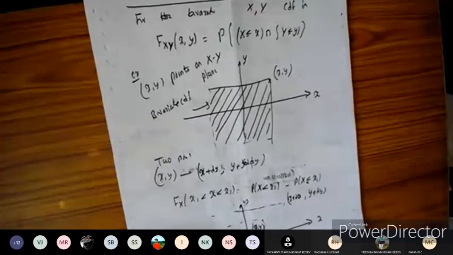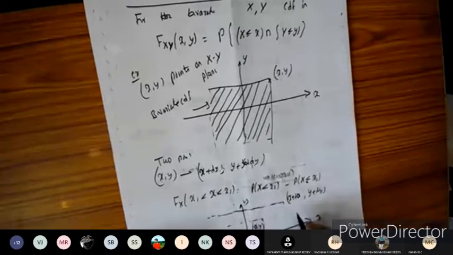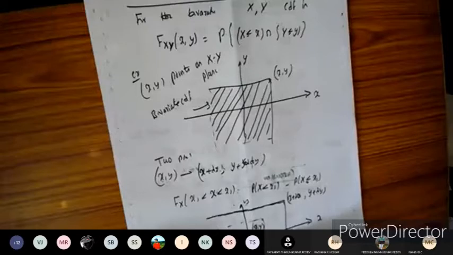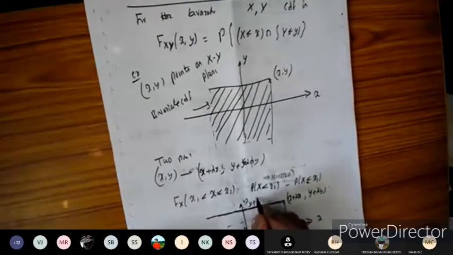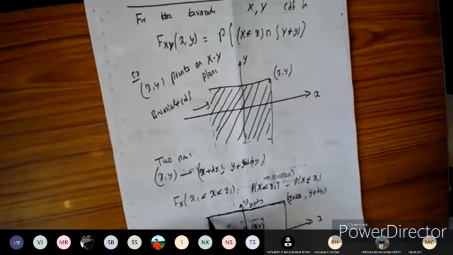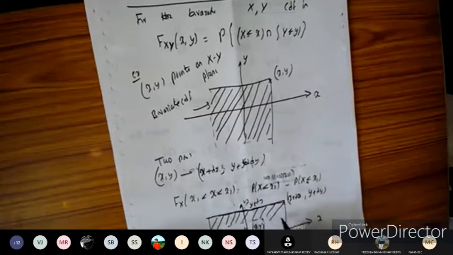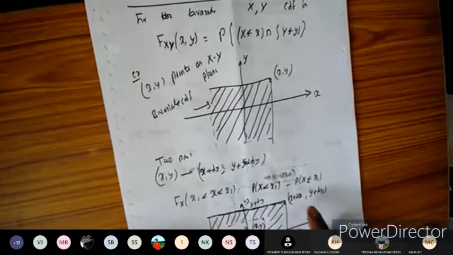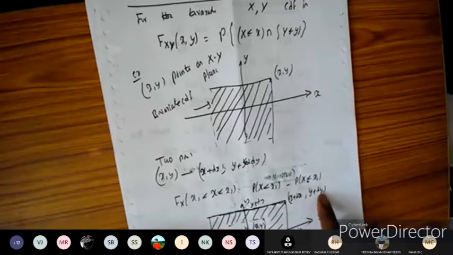So this is also considered as an example of the CDF here. So x and y: this is the value of y, this is the value of x, and this is the value of x plus dx, and this is y plus dy. So I'm going to consider the area which lies between these, and I'm going to shade it like this. This is the other example of the bivariate CDF, considered between the 2 points x comma y and x plus dx, y plus dy.